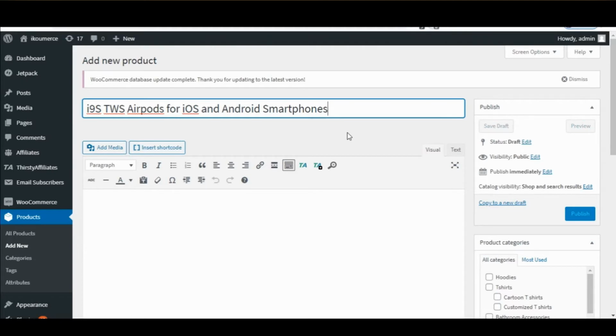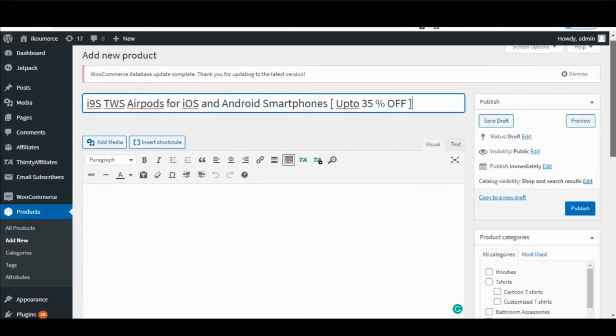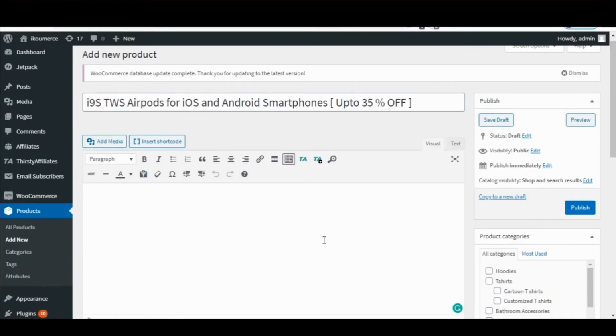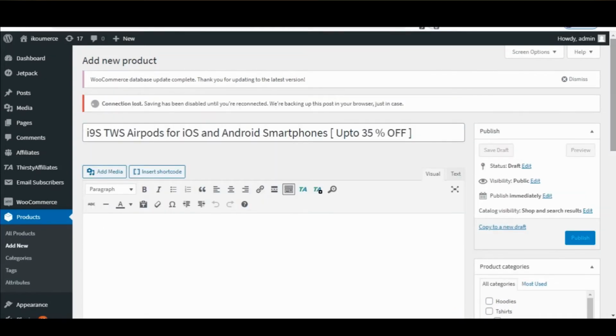So this is the title, and title should be quite attractive. You can add the amount of the percentage discount you are offering. Like we can add up to 35% off. So this is one of our product that we are having in our stock, i9s TWS AirPods, and they are compatible with both iOS and Android smartphones.